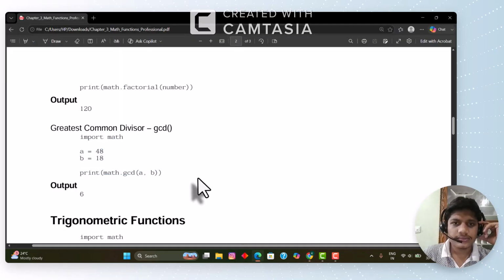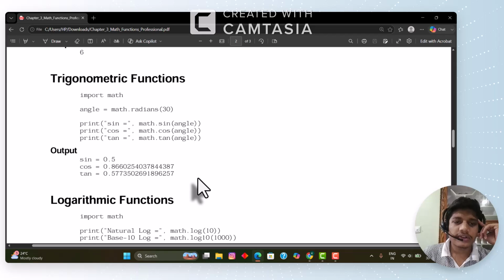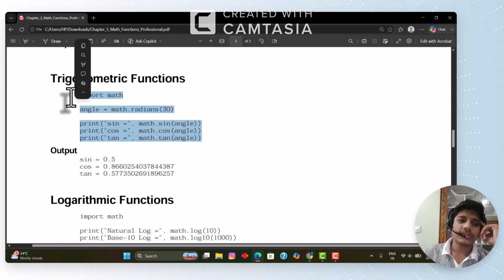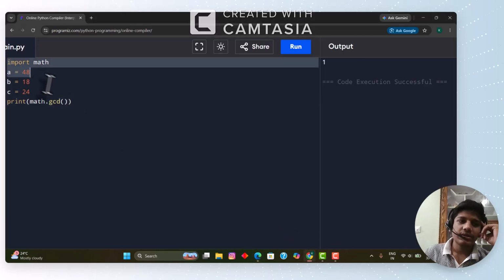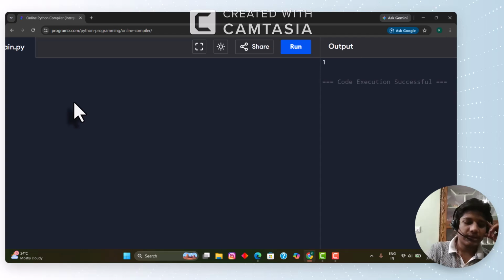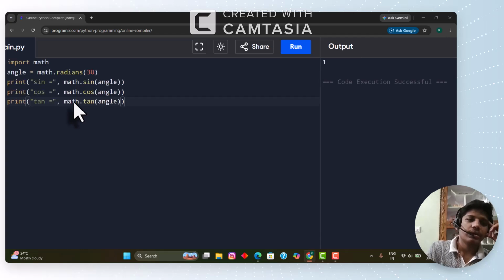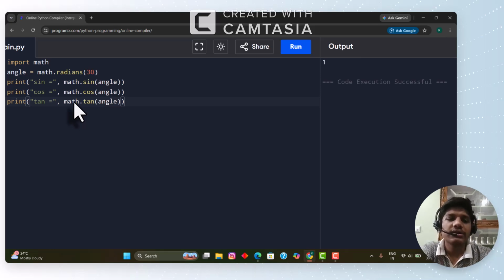After that, trigonometric functions. Outside of mathematics, we can give angles in degrees or radians. But in Python, we have to use the radians format. If it is given in degrees, like 30 degrees, 40 degrees, 50 degrees, you have to convert the degrees into radians and insert the radians inside the